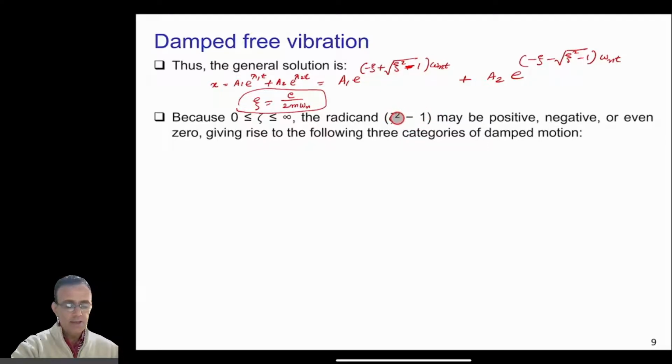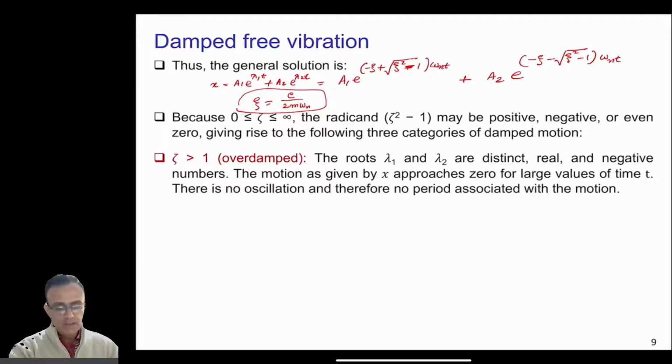And if zeta is less than 1, but obviously it will be greater than 0, then this term will be negative, giving rise to the following three categories of damping. So the first thing is that, again based on zeta, we can write